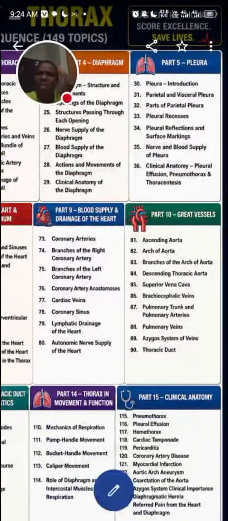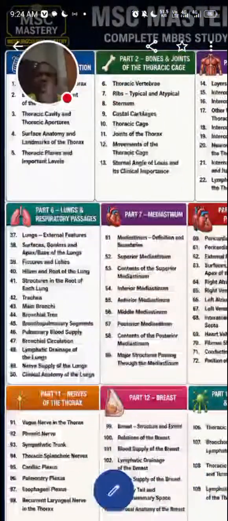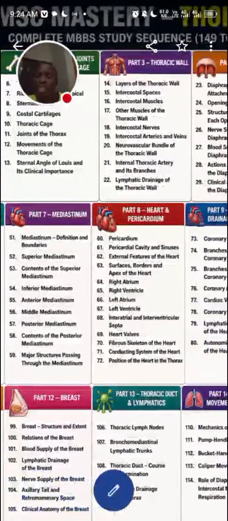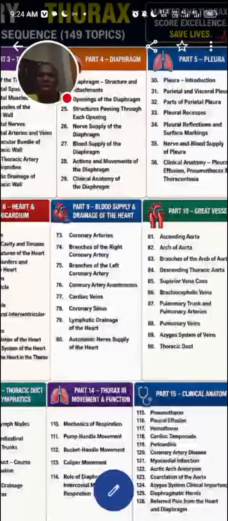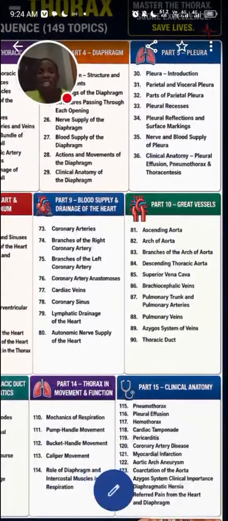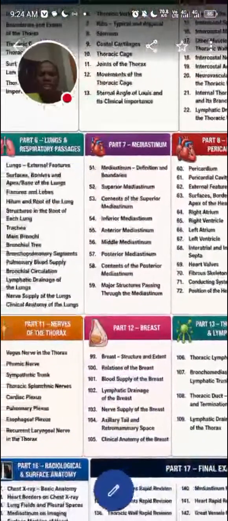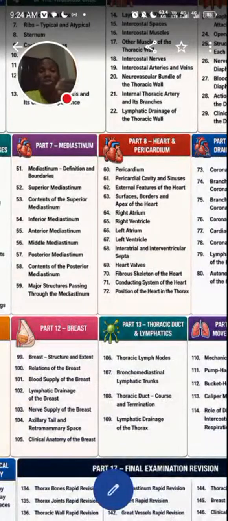Pleura is a serous membrane that covers or lines the lung, separating the lungs from other visceral or internal organs. We're also going to be looking at the lungs, which are different from the membrane that cushions, supports, and lines them. Then the mediastinum, the heart and the pericardium. We'll be looking at the blood supply and drainage of the heart, the great vessels of the heart, the nerves of the thorax, the breast, the mammary gland,